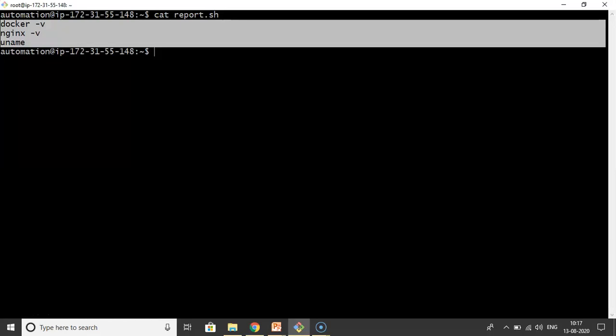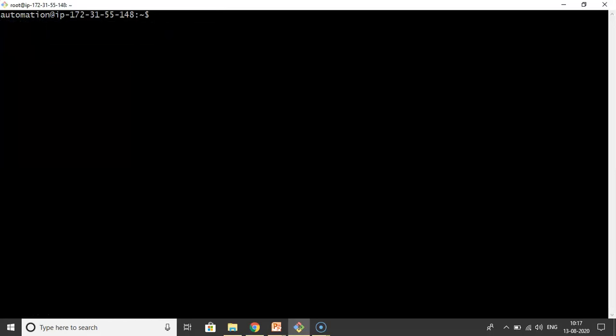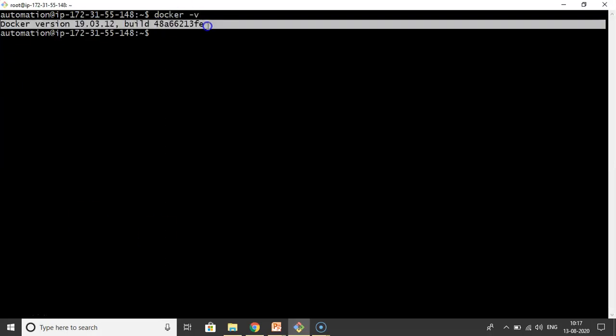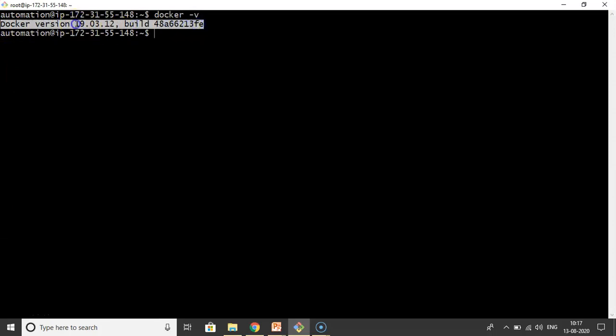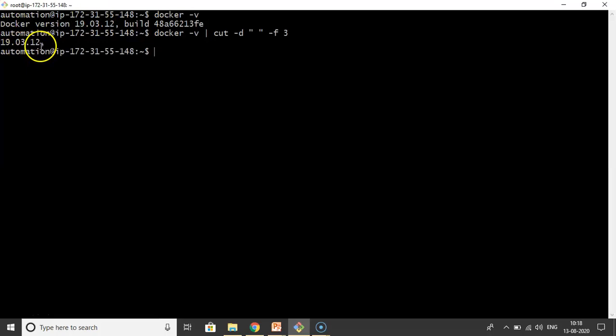See, first let me go with the commands one by one. Suppose, as of now, docker -v is giving this much information. But I don't want to send this entire information. Simply, I want to send only this Docker version. So how can we separate that? By using filters, we can separate it. See how I am doing that. With the help of the cut filter, I am separating my required field. So I need the third field. That's it. Of course, here you are getting a comma. You can remove that comma using different concepts. For the time being, let me go with a very simple thing, that is the tr command.